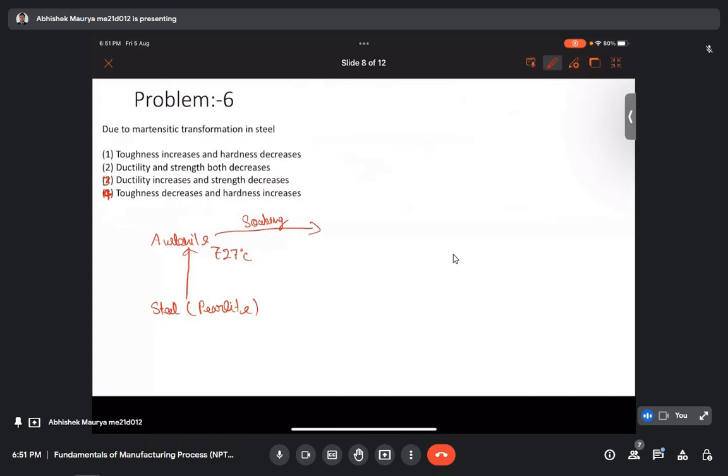So basically this is the two-phase region, pearlite, and we are bringing it to a single phase of austenite by heating it to a temperature of 720 degrees Celsius, and then leaving it for some time for homogenization, and then we quickly cool it rapidly,